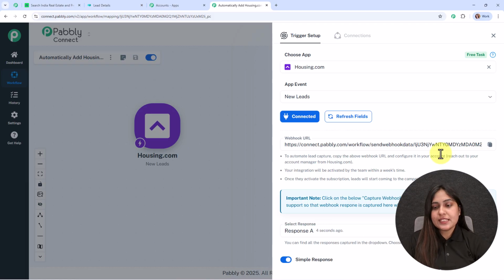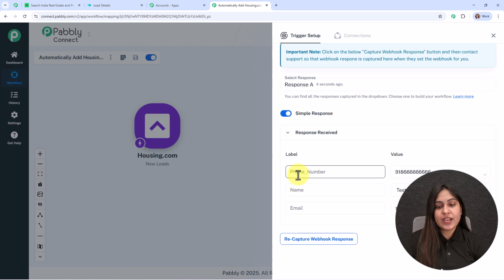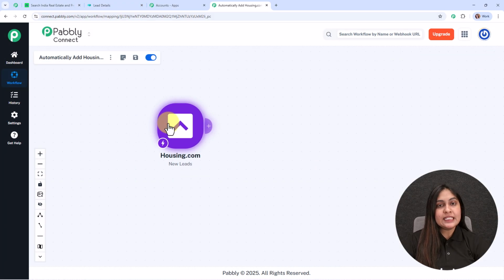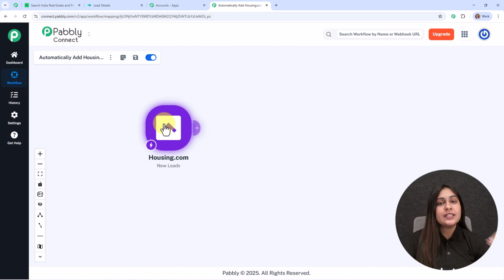And here you can see we have received an instant response where we have received the phone number, name and the email address of our lead. So with this, we have successfully set up a trigger over here. So once we have received a new lead, then immediately I want to add a new item for the same